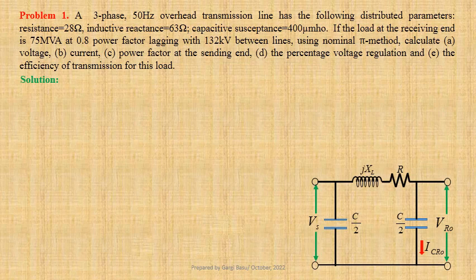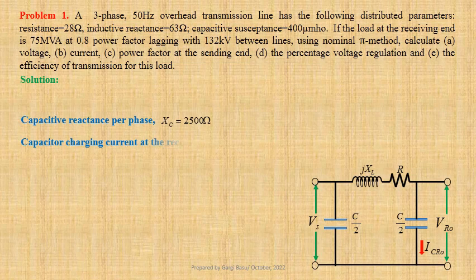We have obtained capacitive reactance per phase Xc equals to 2500 ohm and no load capacitor charging current at the receiving end ICRO equals to 19.38 ampere at an angle